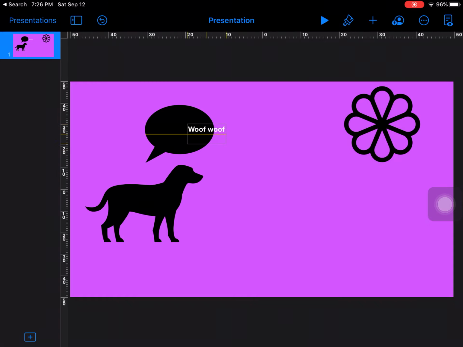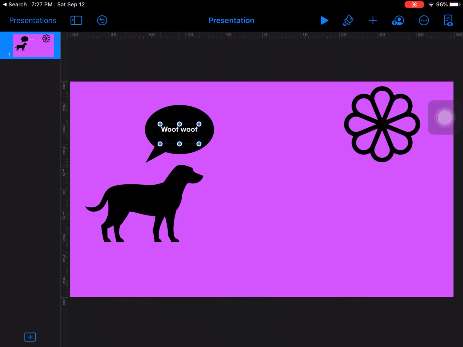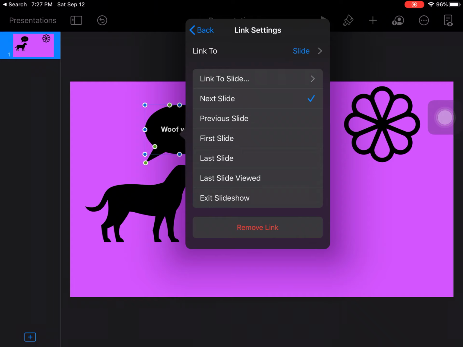So now if I do this, okay, so again, I went up to my paintbrush, and I went up here to where it says arrange, and originally this bar was down here like that. Where it says move to back or front, I want to slide that bar here, which now will move my text to the front of that picture, okay? All right. Now I should also be able to maybe link,